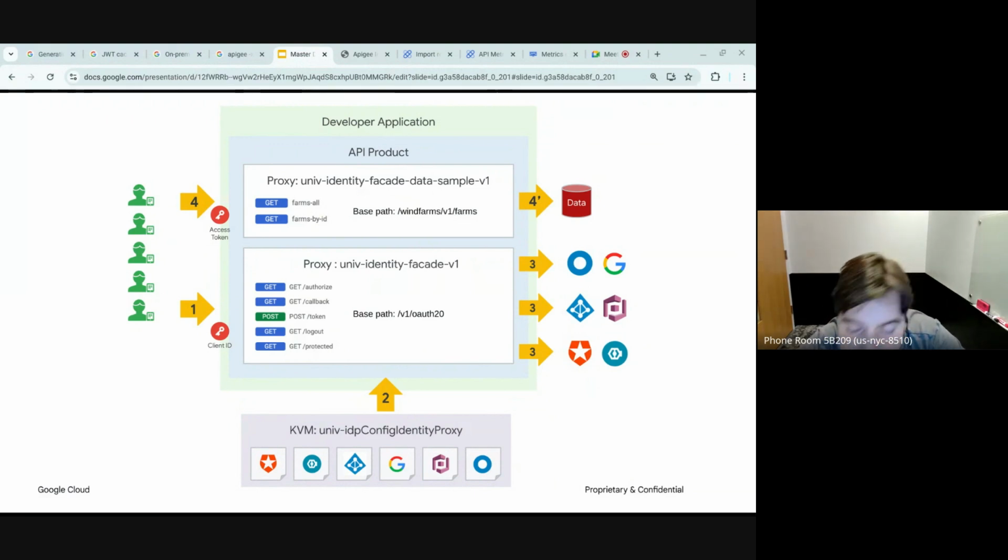Apigee is essentially acting as a token facade where we can spit out more of an opaque access token. Oftentimes there might be claims available in that underlying JWT token you may not want to present to and through a client. So opaque not only obfuscates that information, but also gives you little tiny tokens that become much easier to transmit over the internet by nature of the amount of bytes being transmitted.